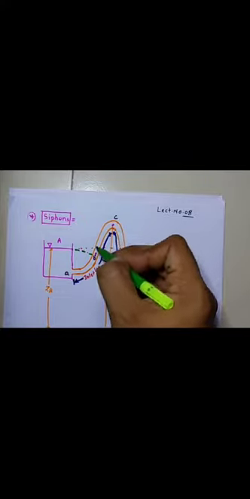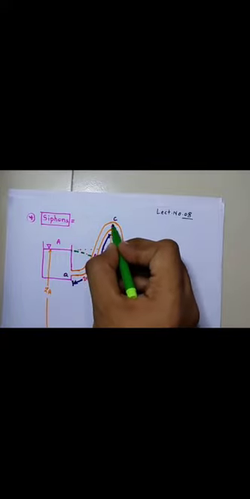Similarly, in the portion B, C, D, the hydraulic grade line is below the center line of the pipe, so therefore the pressure is negative. So in this portion B, C, D, the pressure of fluid observed is always negative pressure. The maximum negative pressure occurs at the summit C, which is the governing pressure for the siphon. Now because of this pressure only, water flows from the high reservoir to the lower reservoir.